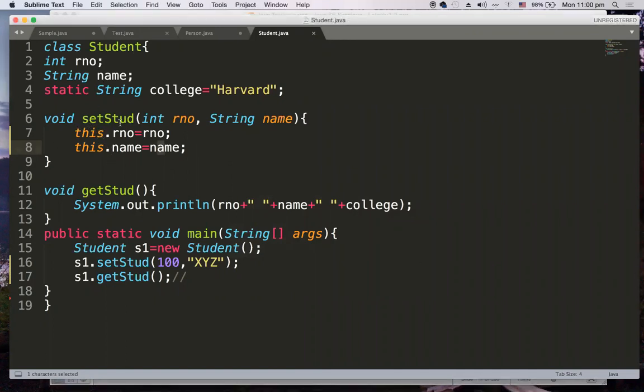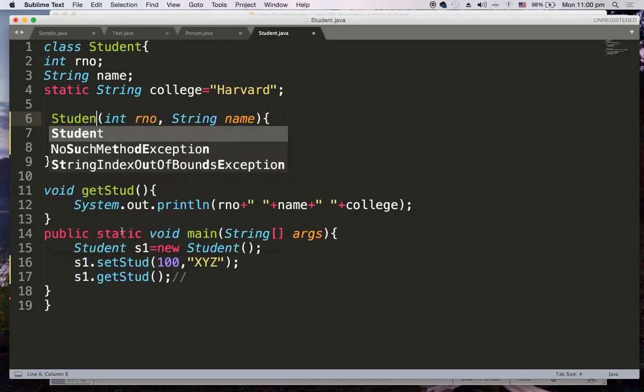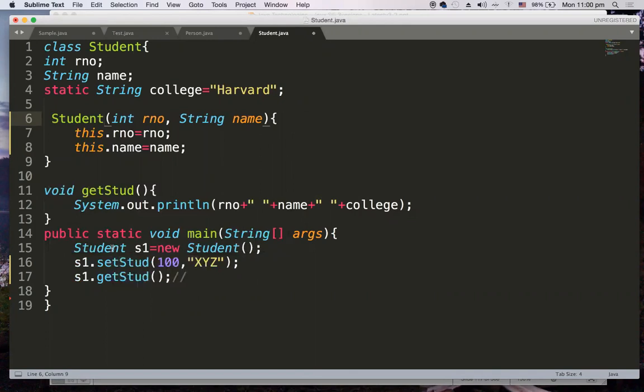You already know that a setter method can be eliminated with the help of a constructor. So now I am writing a constructor. A constructor will not have any return type, and it is up to you whether to give a visibility specifier. If you want, you can make it public.